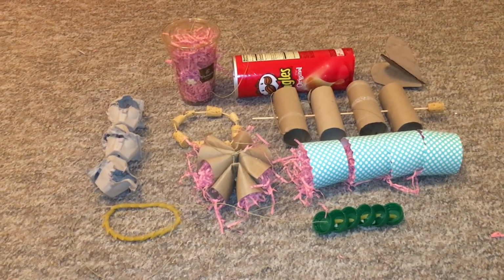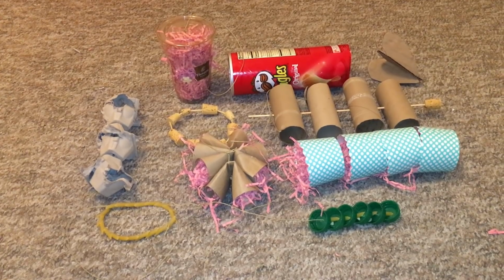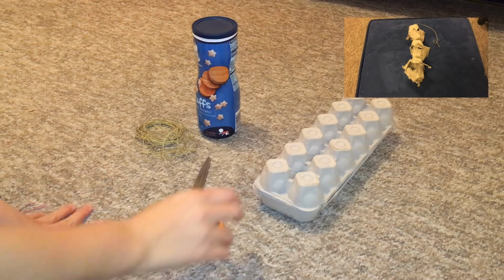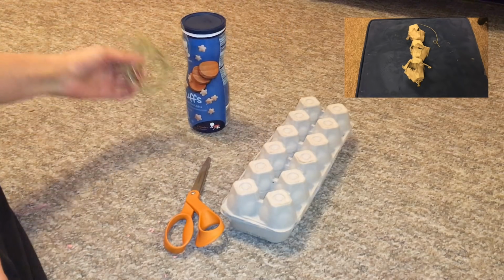Everyone, this is Shadow the Rat, and in this video we're going to be doing 10 DIY toys for your rats. So the first toy we're going to make is going to require an egg carton, some treats, some string,